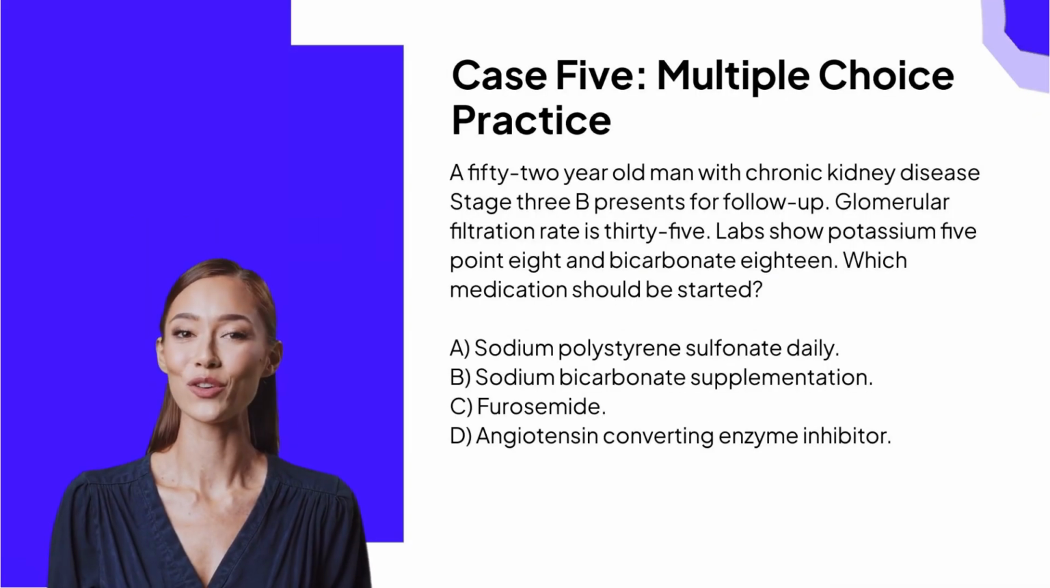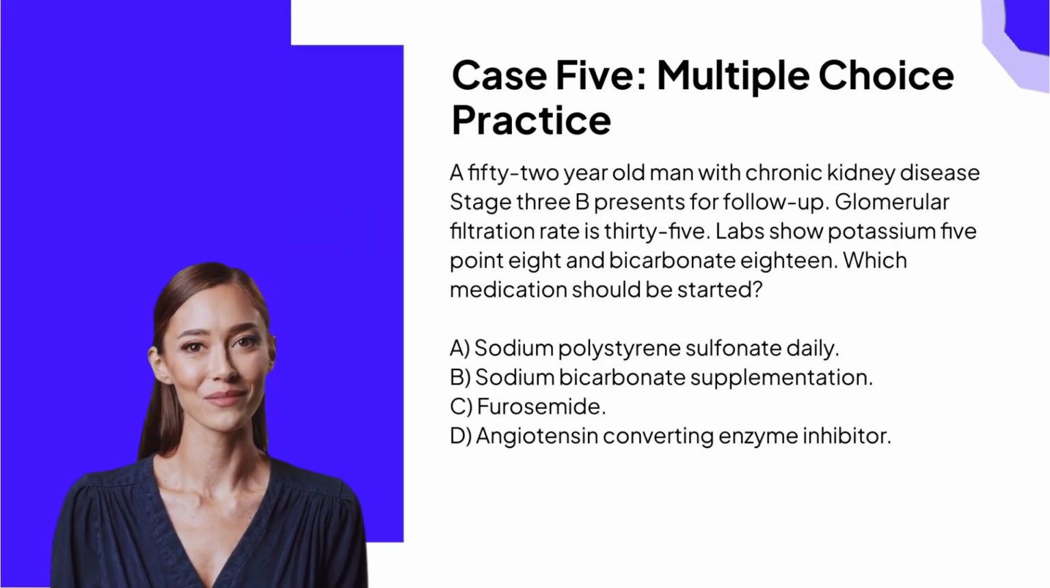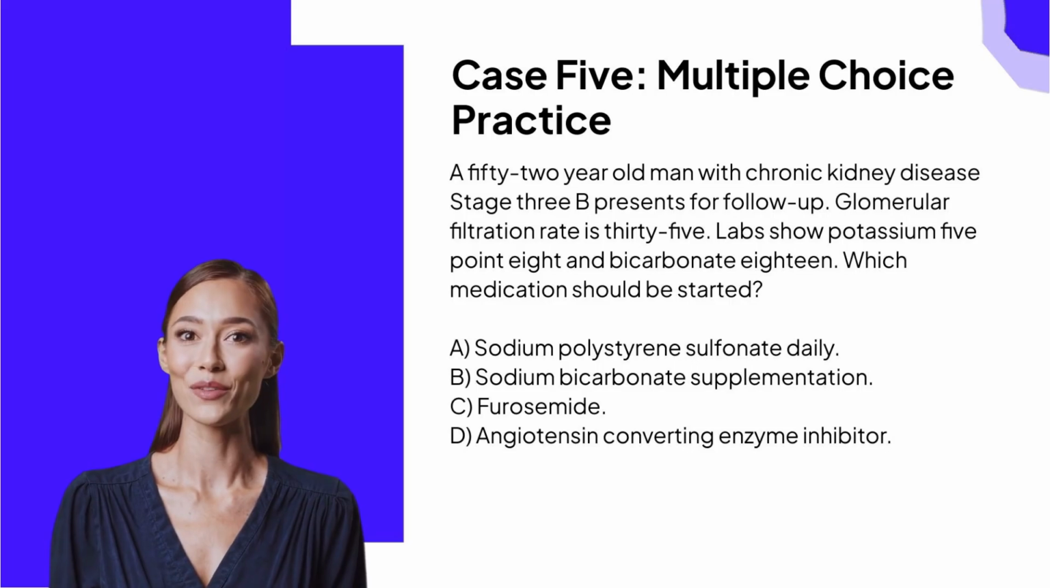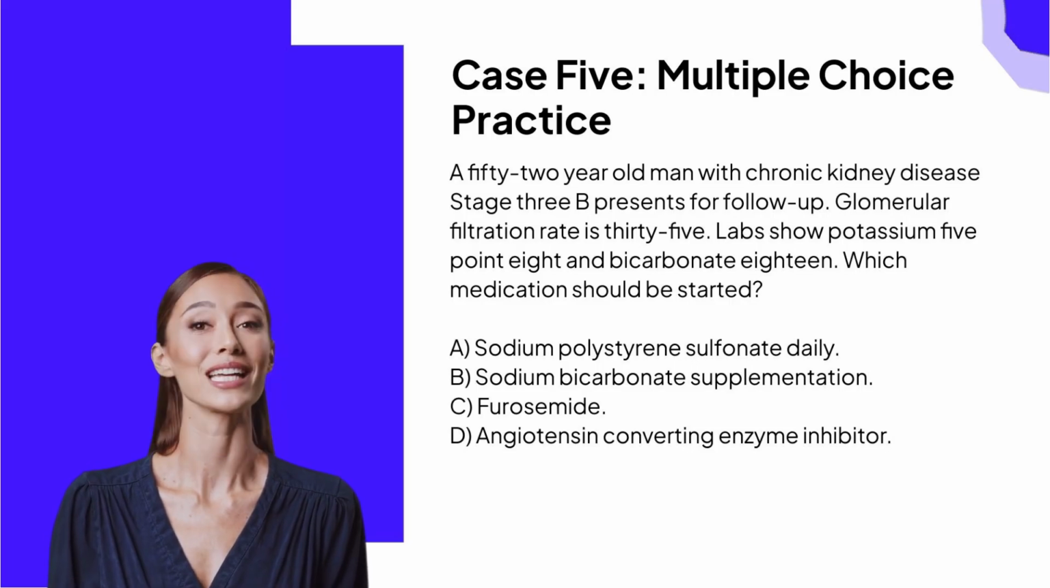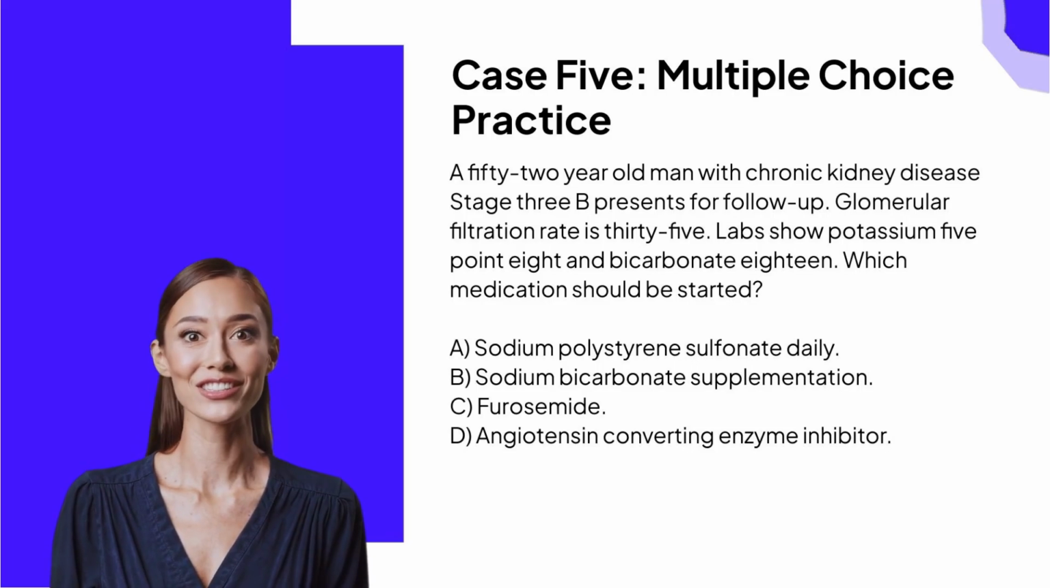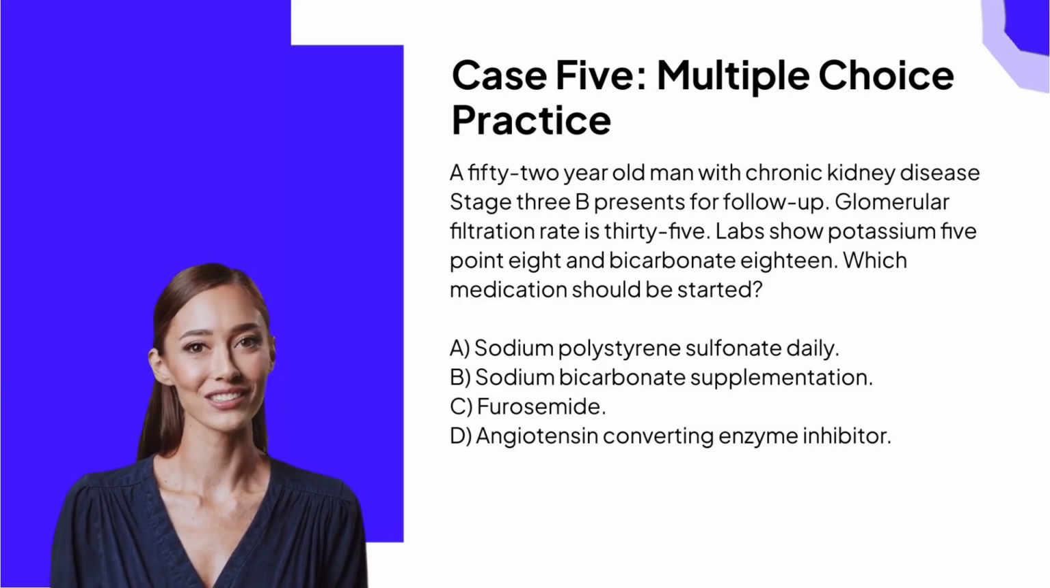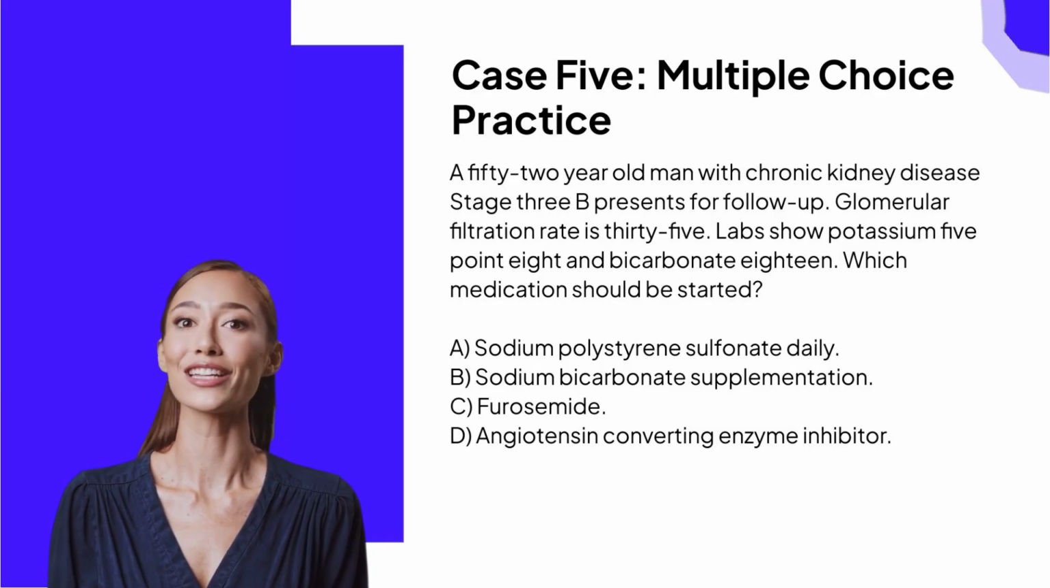A 52-year-old man with CKD stage 3B presents for follow-up. GFR is 35. Labs: potassium, 5.8, mildly elevated, bicarbonate, 18. That is metabolic acidosis. Which medication should be started? The choices: A. Sodium polystyrene sulfonate daily. B. Sodium bicarbonate supplementation. C. Furosemide. Or D. An ACE inhibitor. Pause and work through the answer